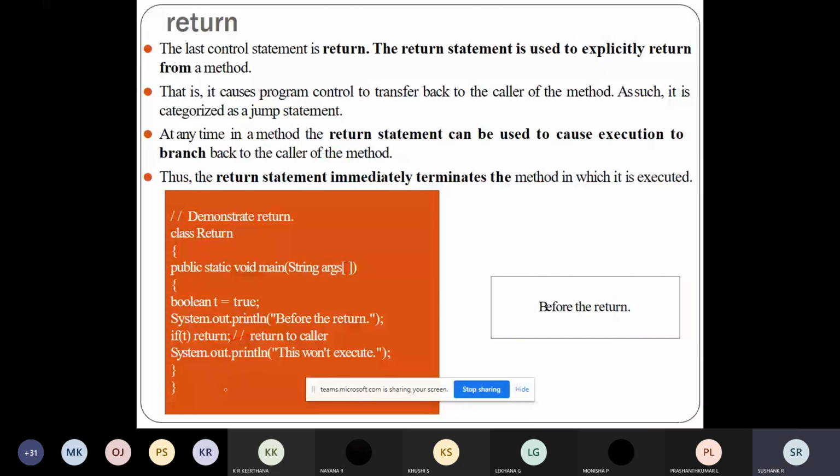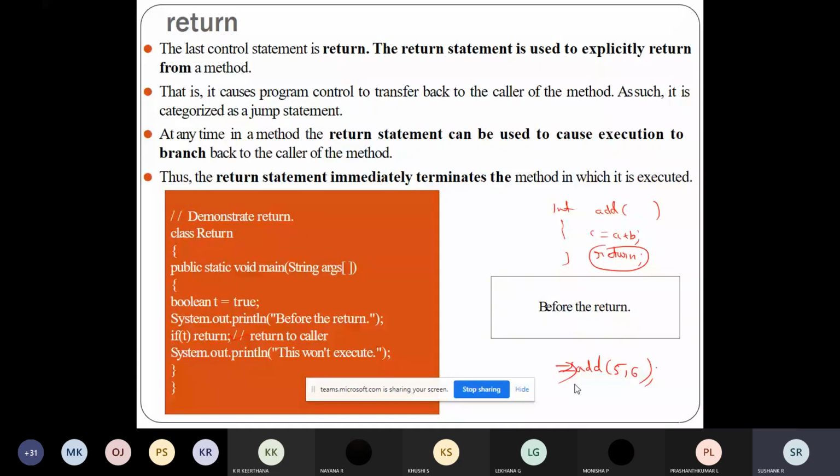You would have used return statements in methods, right? Like int add, something. After that you will calculate the result c is equal to a plus b. In the last line you will use the return. On encountering this return statement, the control will be transferred from this add function to the function which has called it, the caller method.